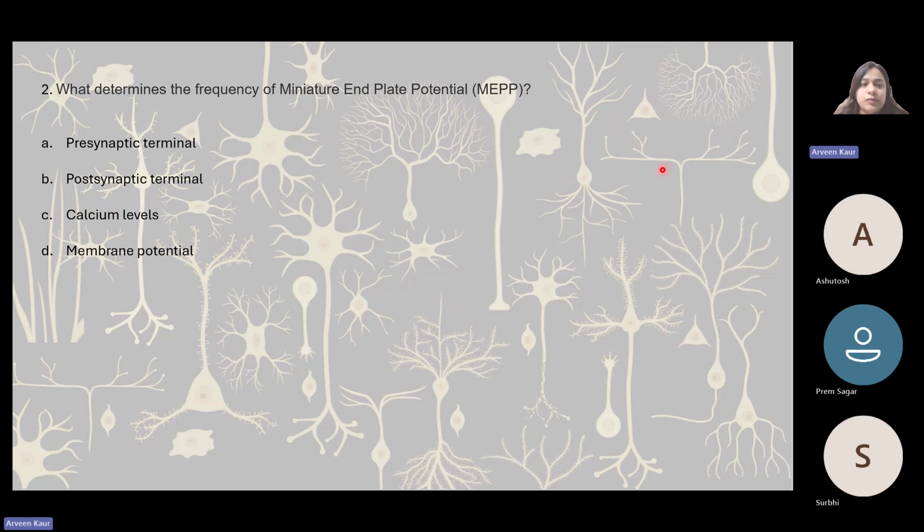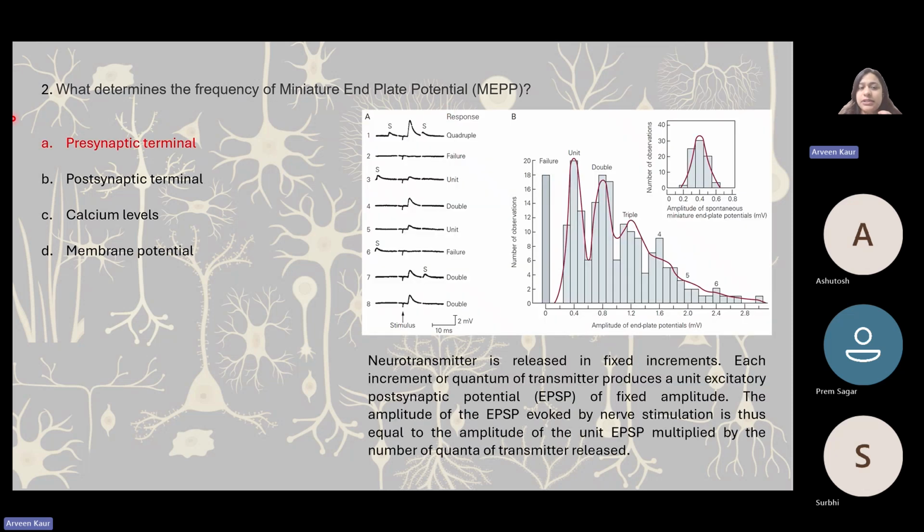Then the next question was, what determines the frequency of miniature end plate potential or MEPP? Is it the presynaptic terminal, the postsynaptic terminal, calcium levels, or membrane potential? If we understand what a miniature end plate potential is, it is very simple to answer this question. The correct answer over here is presynaptic terminal. Why? Because the amount of neurotransmitter released from the presynaptic terminal is what determines how much potential is going to be generated at this